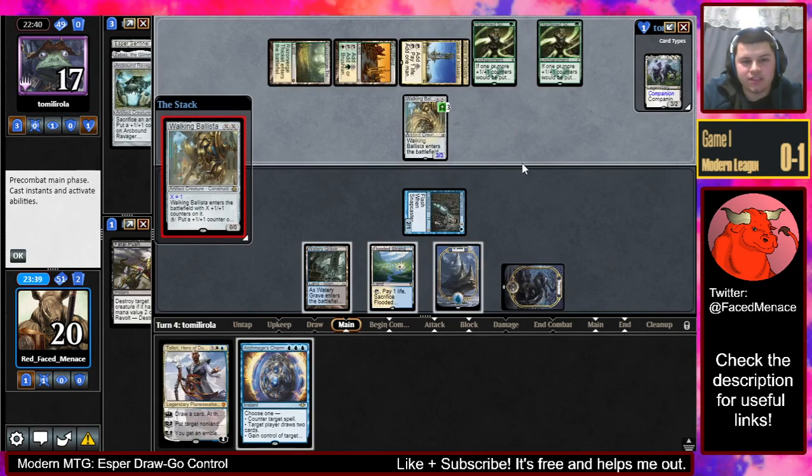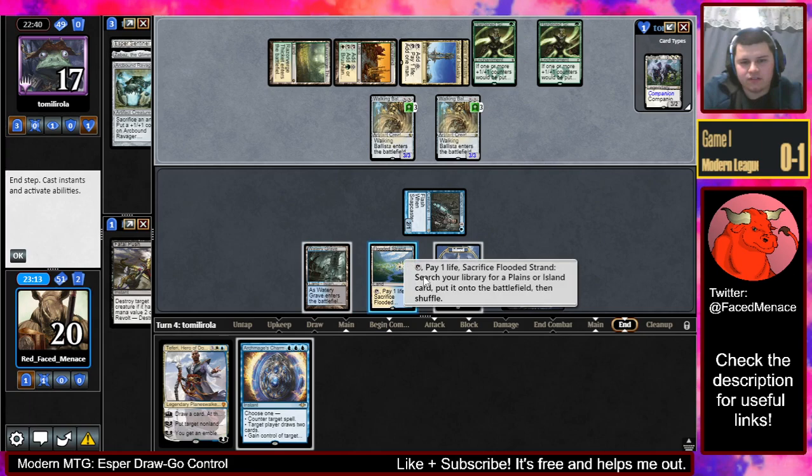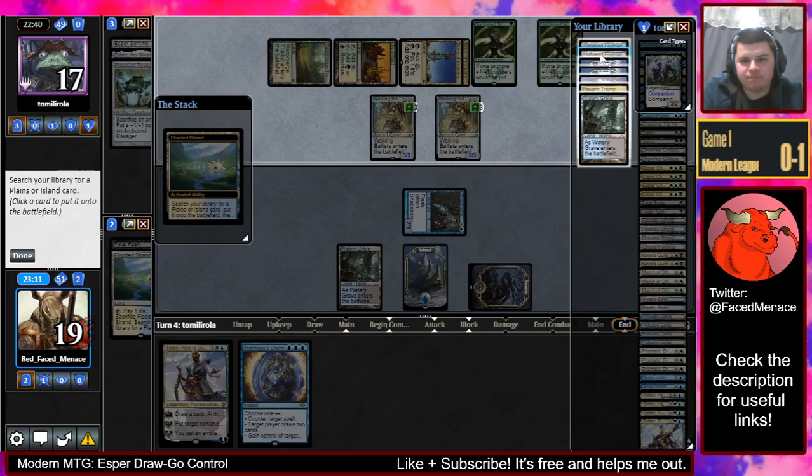Another Walking Ballista, huh? That one's kind of annoying. I think it's better to steal a Ballista, though, to be honest. I mean, it's the same difference, actually. I guess countering it saves us the 3 life. Yeah, probably countering would have been better, but